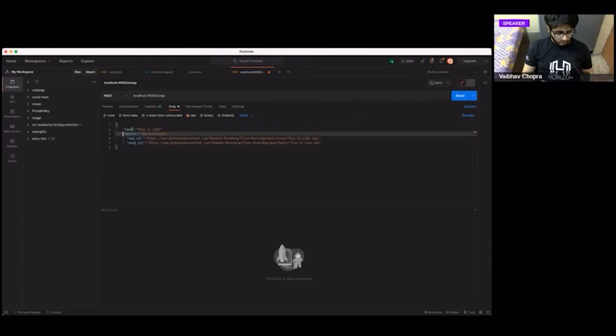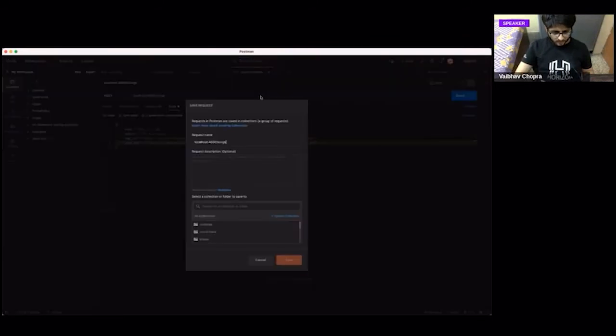I'll repeat the Postman part. These are the 4 keys that you will have to give to the backend in order for it to work. About Postman, I guess I'll try going over it again just in case. Otherwise, you know the drill, you can go to Discord, but I'll show it again once.